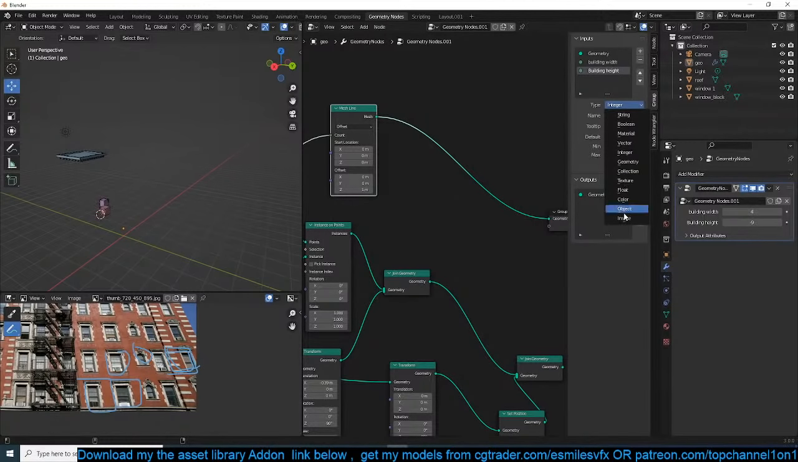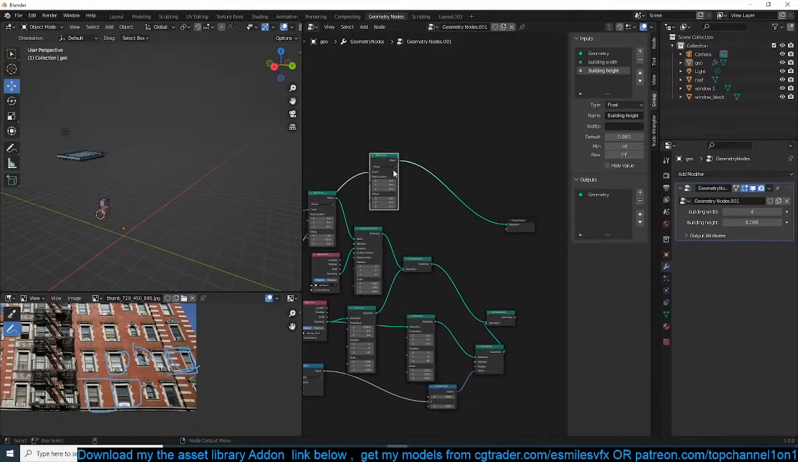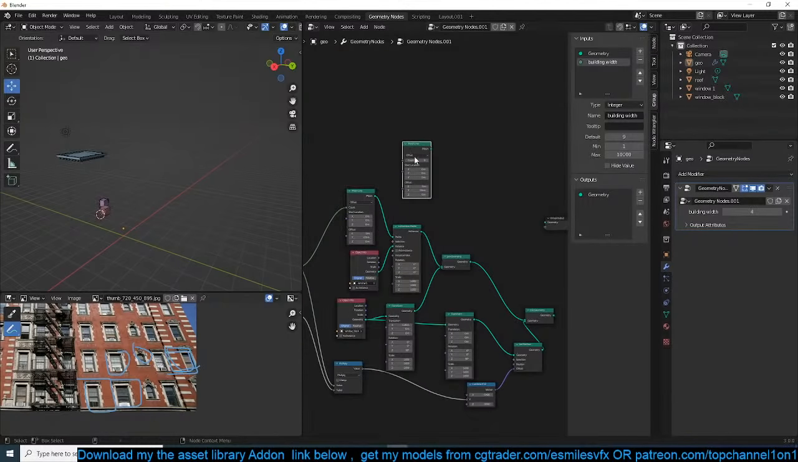Is this supposed to be a float? No, not sure. Let me get rid of this. Just duplicate this